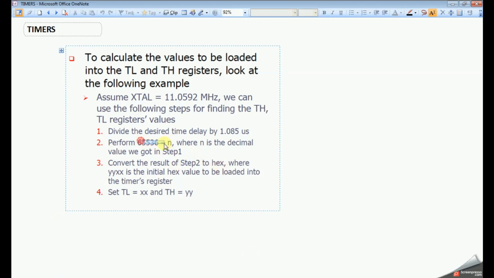We get a decimal value here, and it should be converted to hexadecimal. In hexadecimal we get a value in YYXX format. The XX value should be loaded to TL, and the YY should be loaded to TH. Let me explain with an example now. Suppose I need a 50 millisecond delay.